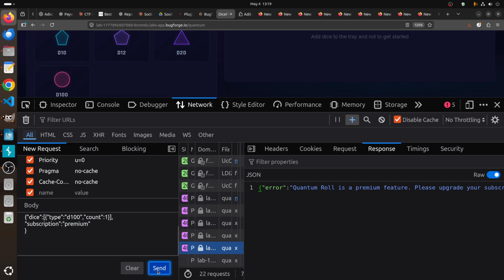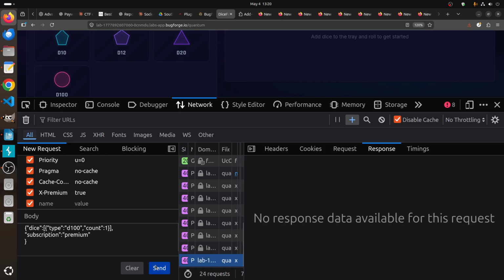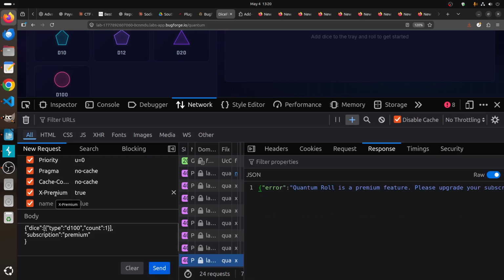Premium doesn't work. Even if you add another header here, for example, you can add X-Subscribe: true, that doesn't work. We can do X-Premium. Sometimes it does work, but premium again, that doesn't work. You can try, for example,